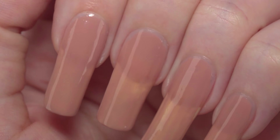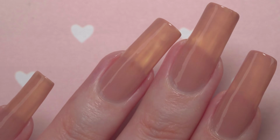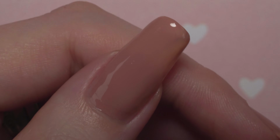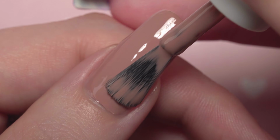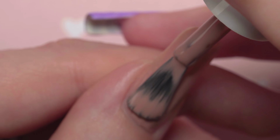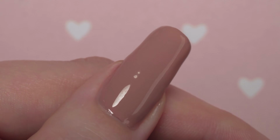Let's get back to the polish, because I've already applied that first coat. It is a very sheer polish, and that is something that I have noticed from the older colors from Essie. This one is from an older standard collection as well. It actually needs 3 coats in my opinion, or at least on my natural nails, because the second coat wasn't